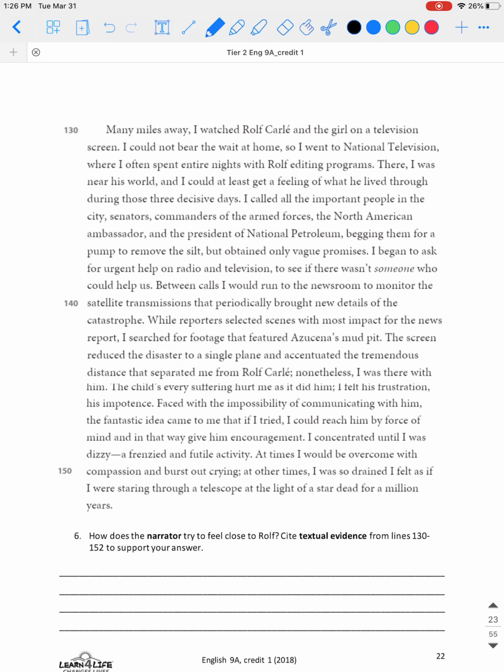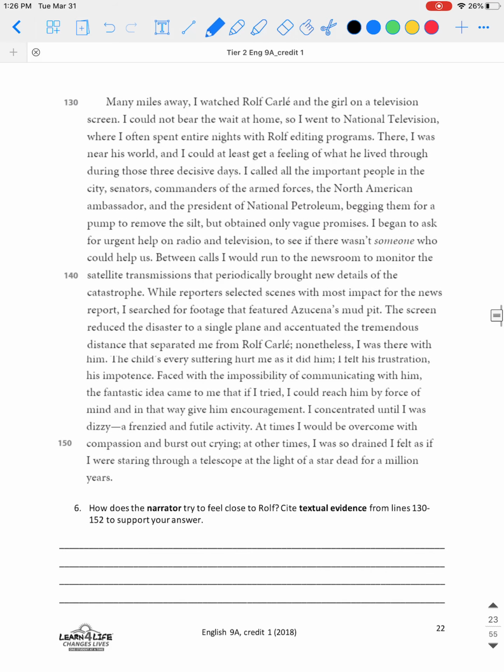Many miles away, I watched Rolf Karl and the girl on a television screen. I could not bear the wait at home, so I went to the national television, where I often spent entire nights with Rolf editing programs. There I was near his world, and I could at least get a feeling of what he lived through during those 3 decisive